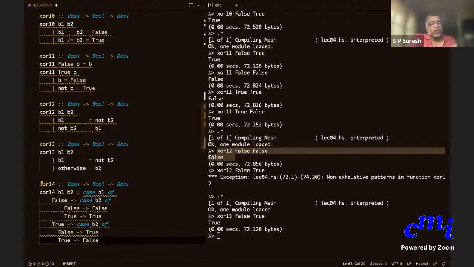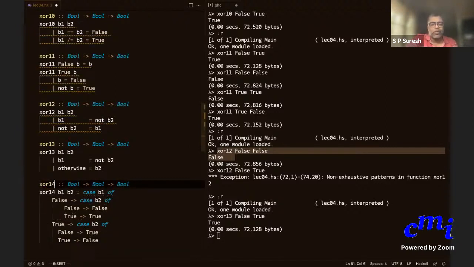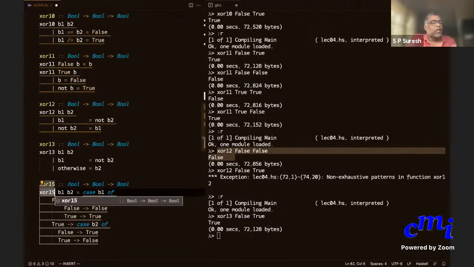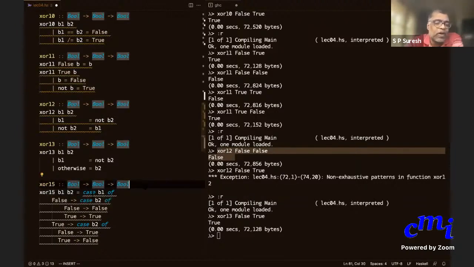Okay, this actually I should call it XOR 15 because this illustrates the fact that you can have nested cases also. You have a case B1, inside that you have a case B2.